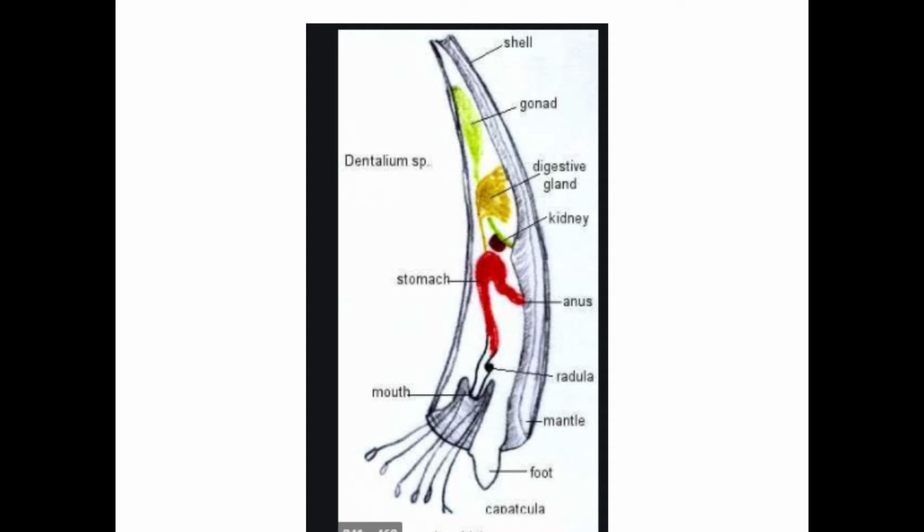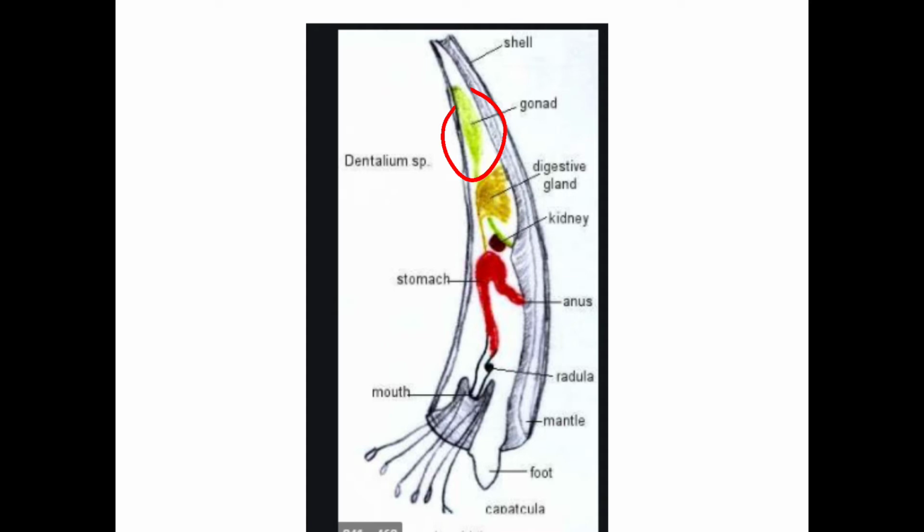They have a radula for feeding, present in the buccal cavity. Gills are absent, so respiration is through the mantle surface. Then a pair of kidneys are there, otherwise called nephridia, and they open into the mantle cavity. Sex is separate, and a single gonad is present. This is the gonad. Male and female are separate. Fertilization is external. Development is indirect, that means involvement of a larval form, either trochophore or veliger larva.